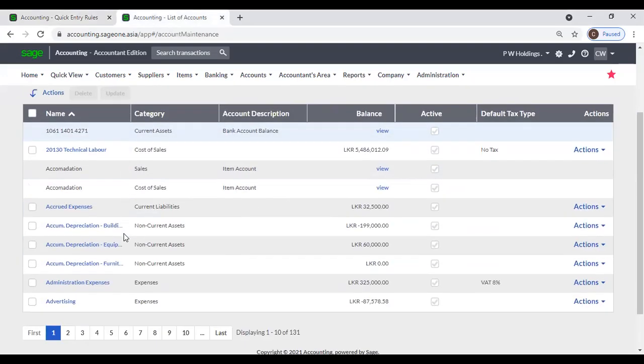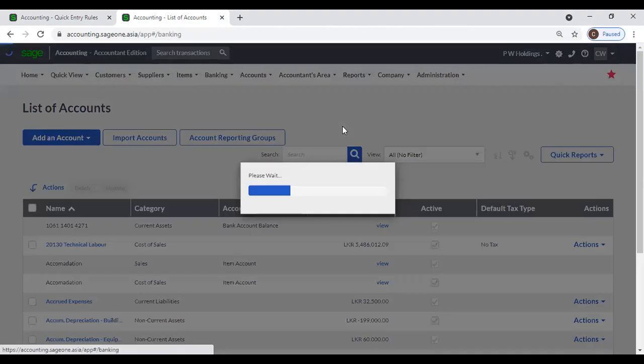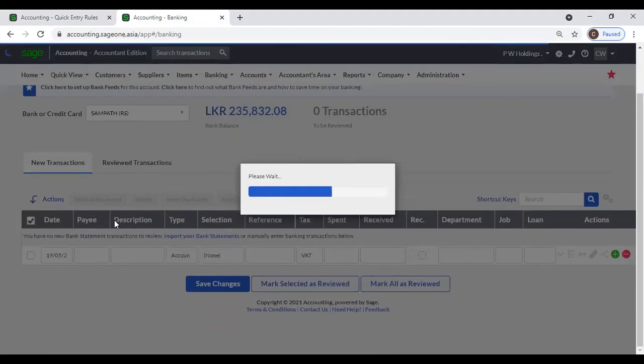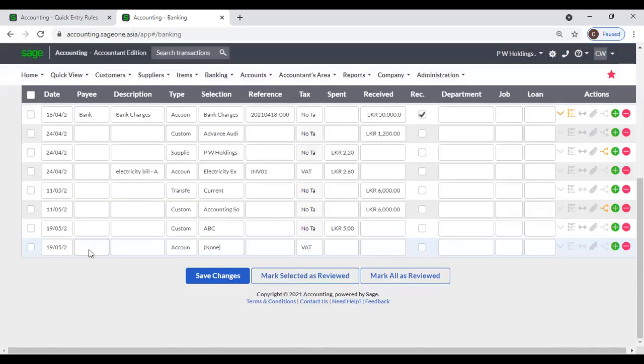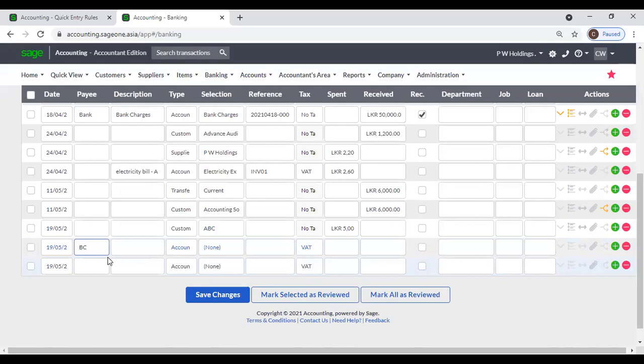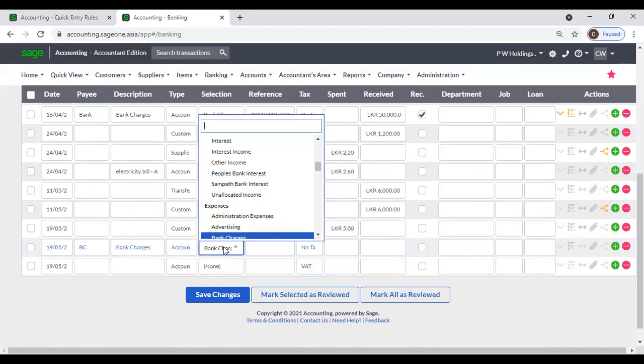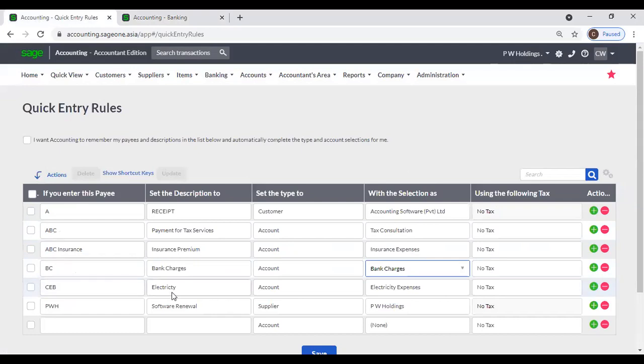Now when I'm entering a banking transaction, if I enter BC as payee, the system will enter the description as bank charges, and it will select that bank charges account. Then CEB: if I want to pay electricity bills, I can create a rule for CEB with the description electricity,